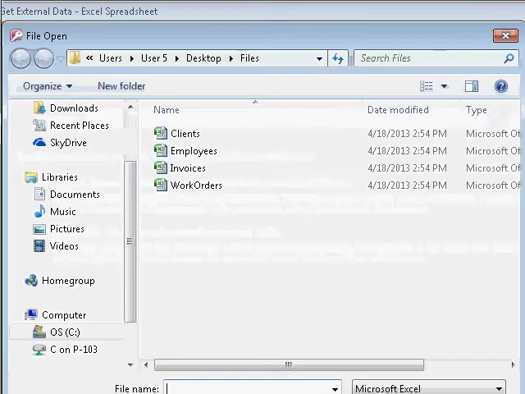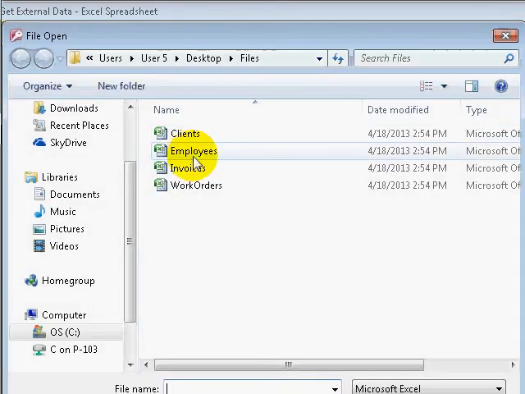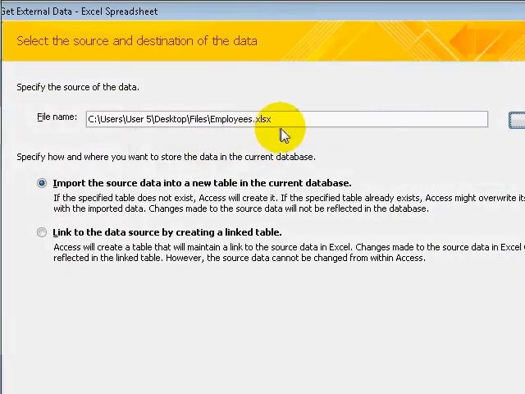Go ahead and click on browse to select one of the files. So make sure you select employees first. Okay, open that file and make sure you select this option here. That's the only option that will work, because with the other one we are not linking anything. So import the source data into a new table in the current database. Once it's selected, click next,